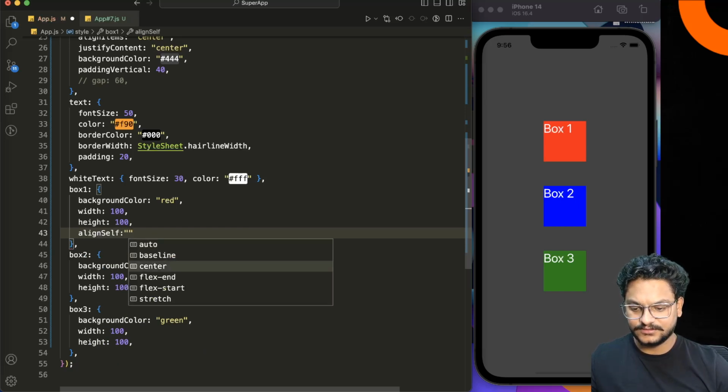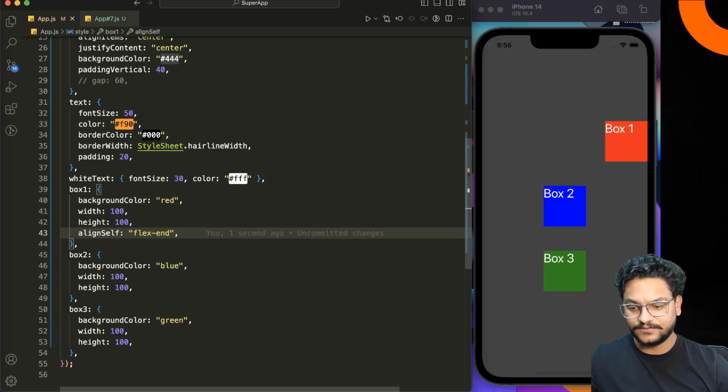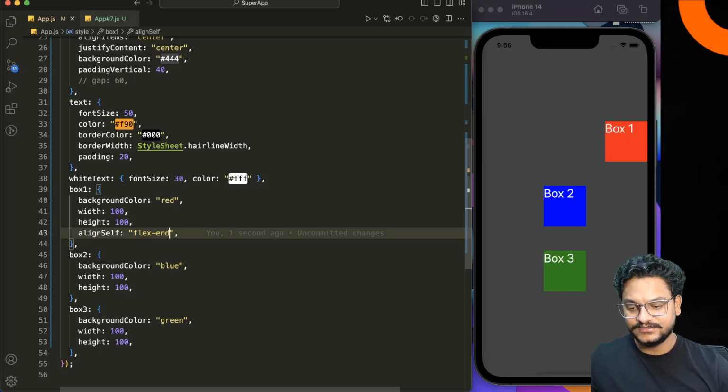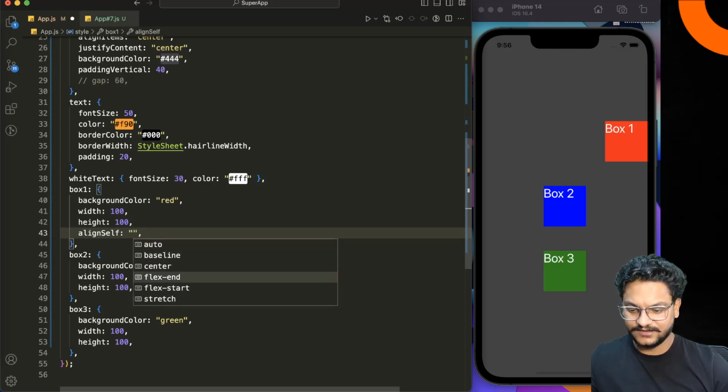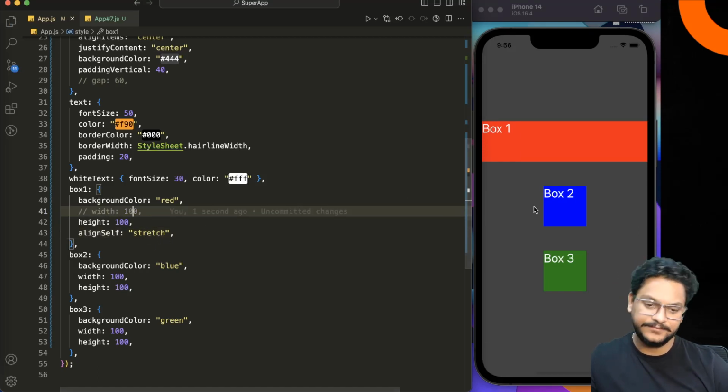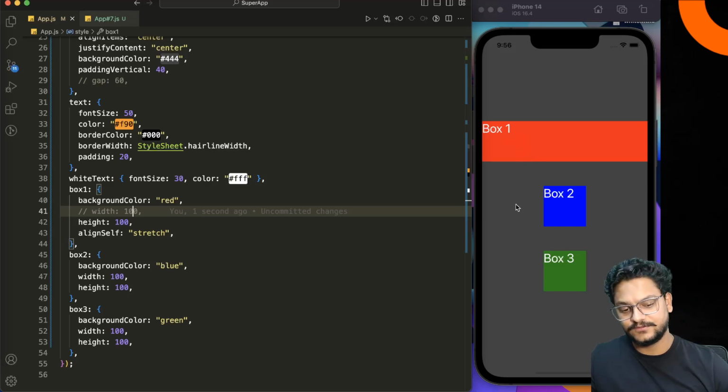This has properties like flex start. If I say flex start or flex end, sorry, if I say flex start, that particular box will only move to the start, and if I say flex end, it will go to the end, right? This is the beauty which you can utilize while developing your layout. There might be a chance you are using your flex layout and you want an individual box to move. Similarly we can have center. I wanted to show you what all there is. We can have stretch. Stretch, I told you, works if you uncomment this part. It can be your header or the footer, right? So similarly,